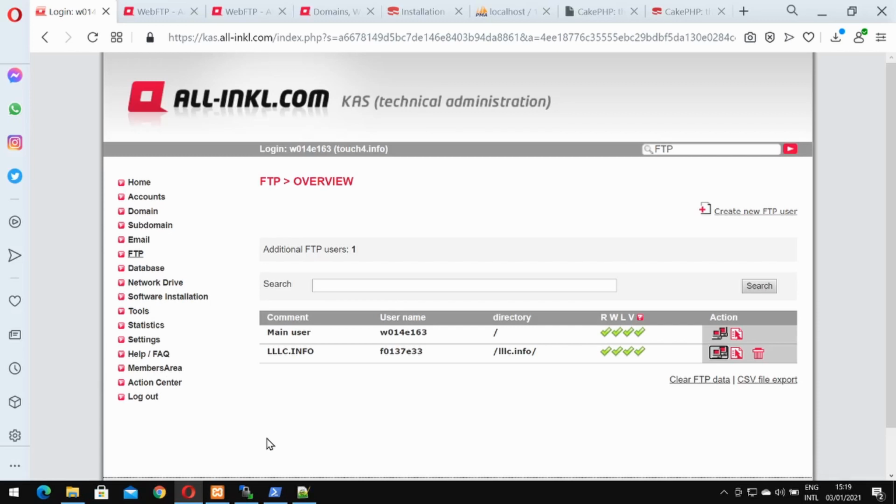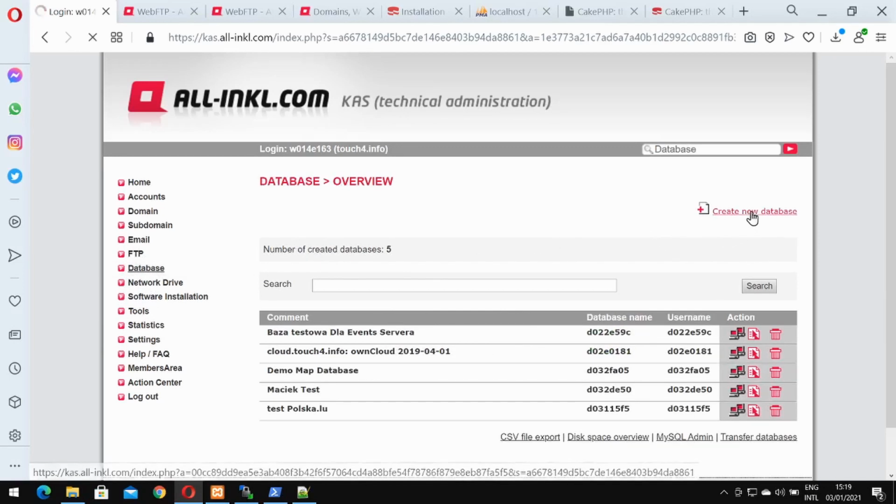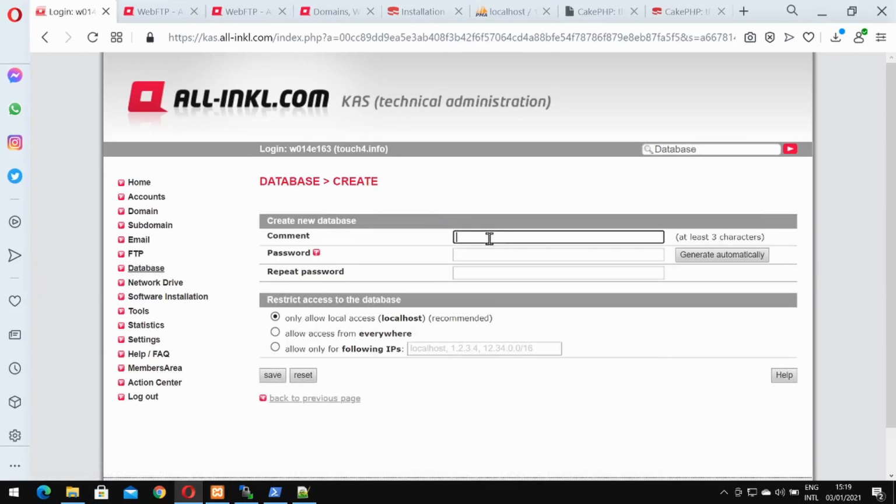It depends what you use in your system. You will have the possibility to create a database, and you set the username and password and so on. Sometimes you will be able to choose it, sometimes it will be created automatically, sometimes you will not be able to create it, but at the beginning you will obtain 1, 2, 3, 5 database users and so on. In this system we can create such users. First of all we will need to create a database. So let's click on the database, then create new database here, and then okay, web,